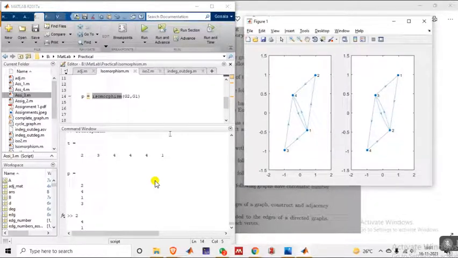By default, the method which we are using checks all the properties, all the 4 properties. After checking the properties, if all the properties are satisfied, then only it gives the output.